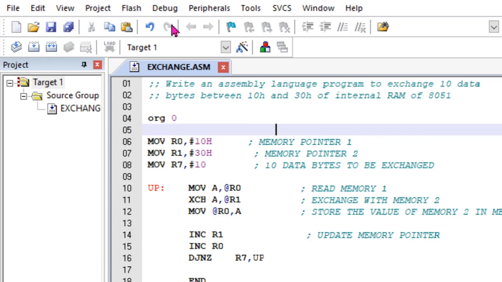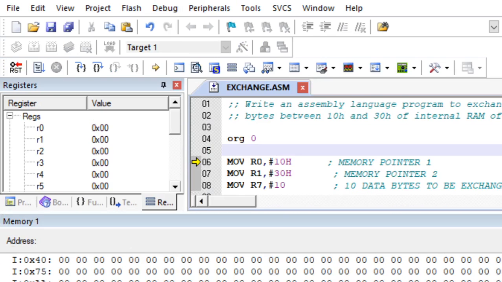Now go to the debug. So now if you look at the debug window, I have 10H and 30H location. So I need to see what is there in 10H and 30H. So 10H you don't have anything, so I will fill it here. I need to fill the content as 1 and this can be 2 and this can be 3,